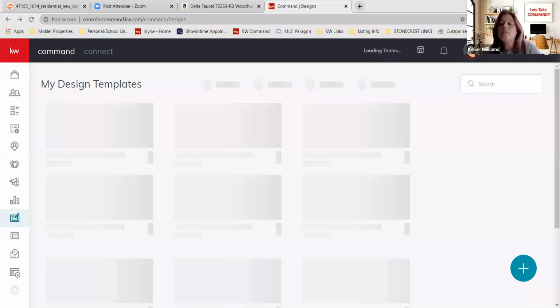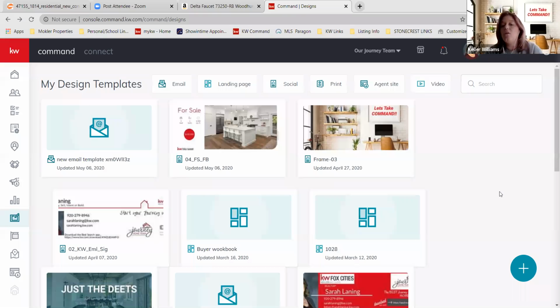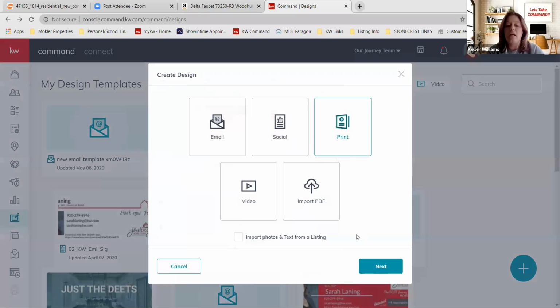Does anybody send out postcards for just listed, just sold, anything like that? Is anybody doing any direct mailers? Because we have that option here in Command as well. You can do a print. If I go here, and again, I'm going to start with the plus, and I'm going to hit print, and I hit next. It's going to take me to,